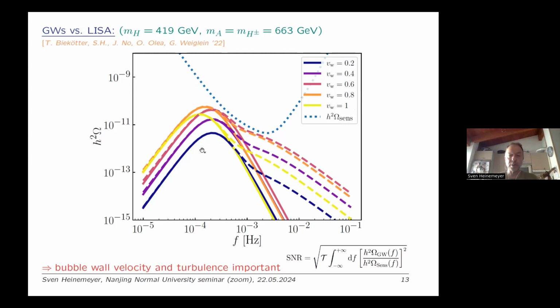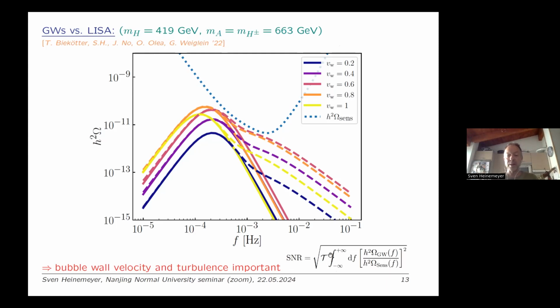Let's take, for example, here the v_w equal to 0.6, which is actually the strongest signal. It starts here, the dashed line equal to the solid line, and then here we have this dashed line, which gives you the more realistic spectrum. Now, this line here is the LISA line, the sensitivity line, which is given by the collaboration, and you may think, we don't touch, so there will be no gravitational wave signal. This is a wrong conception, because the so-called signal to noise ratio